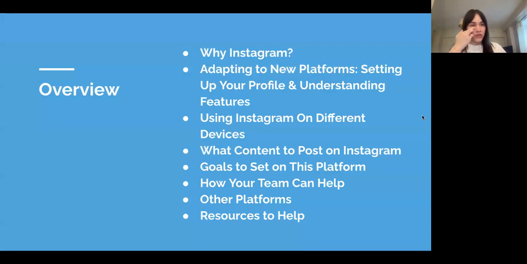Here's just a little overview of what we're going to be touching upon today. We're going to talk about why Instagram is so important nowadays, how it's important to be adapting to new platforms, and how you can set up your profile and understand all of Instagram's new features. They're always adding new features. Usually it's to compete with other platforms, so it's just good to stay up to date with those.